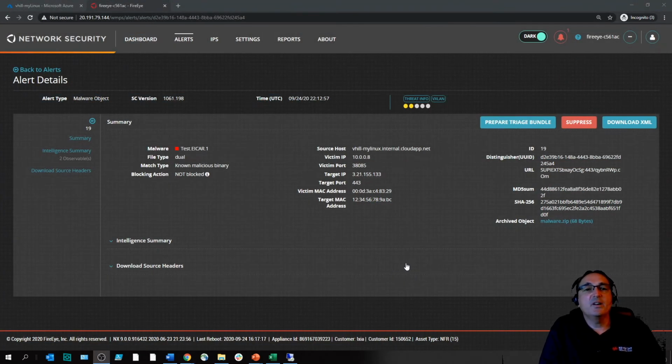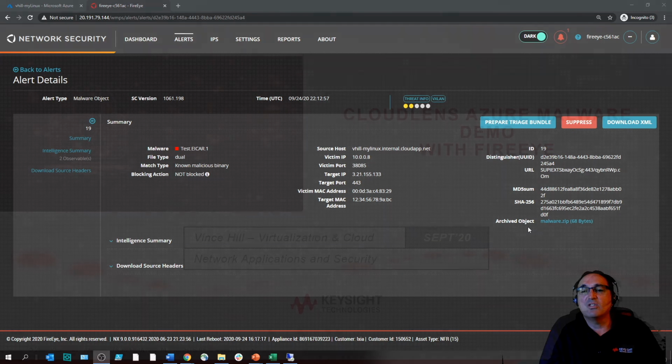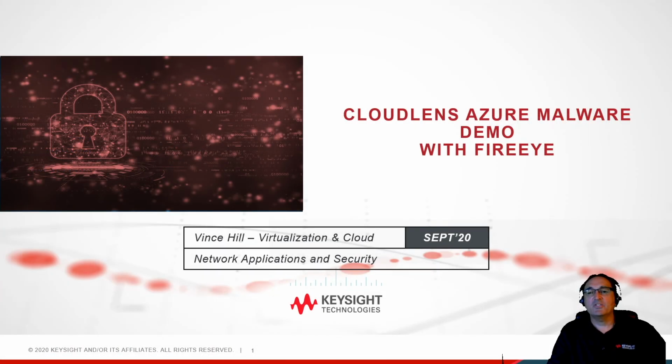So on the FireEye Network Security Alerts tab, we can see details of the malware attack. We can see the victim IP address, the 10.0.0.8. We can see the source of the attack, the darknet IP address, the 3.21 network, and we can also see the port number that we set up, which was the 443. And then over here on the right hand side, we can see the object and the malware.zip file that was identified. So that's a quick demonstration on how to